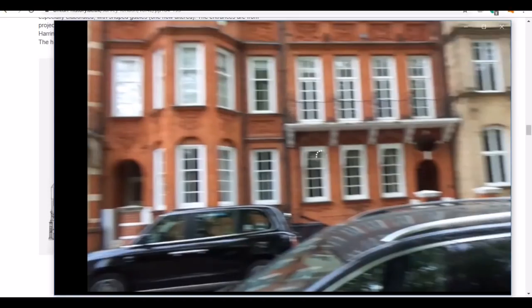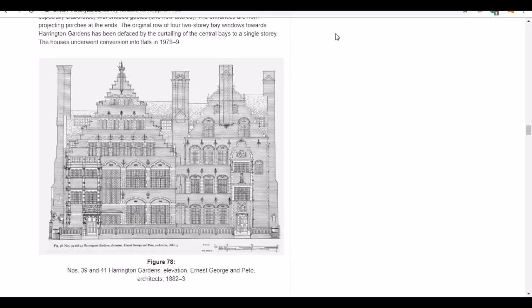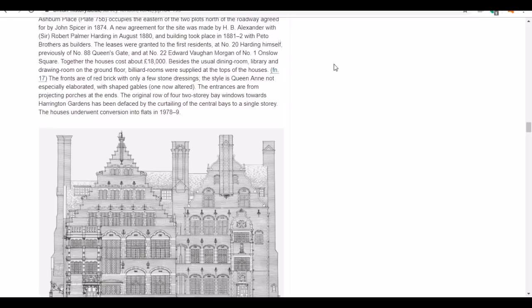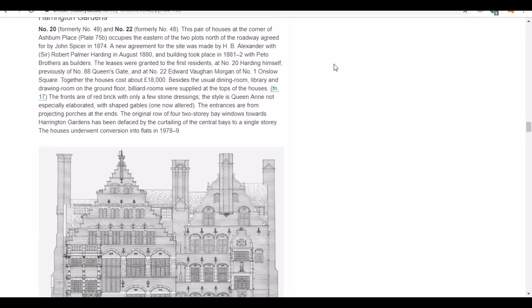I want to kill this now, because I want to show you this. These houses are like a row of completely different designs. They're all from different eras almost, and completely sort of hodgepodge. Now I want to show you